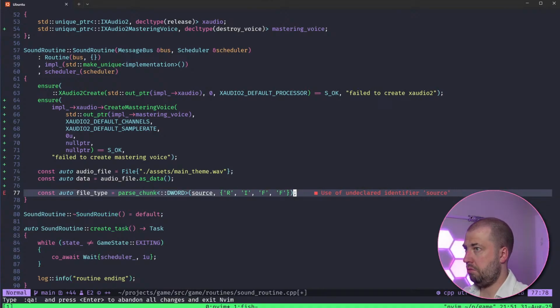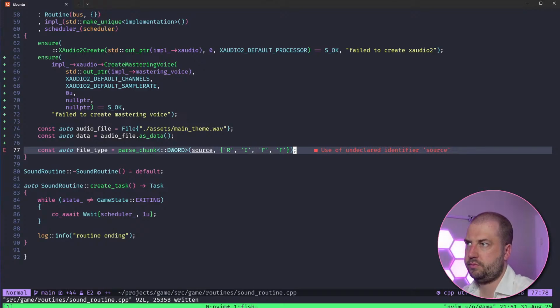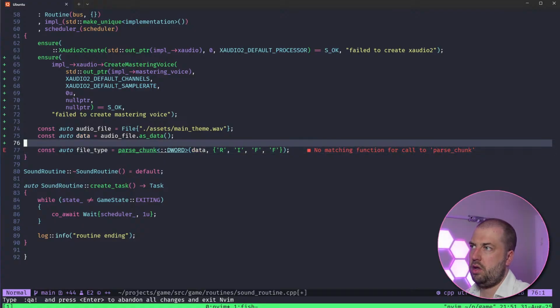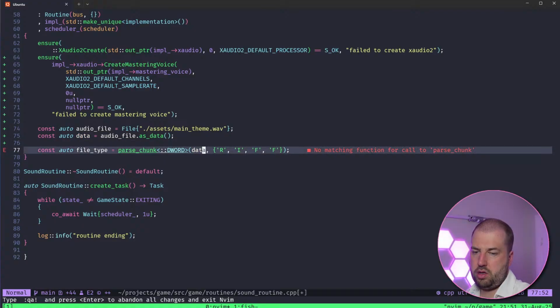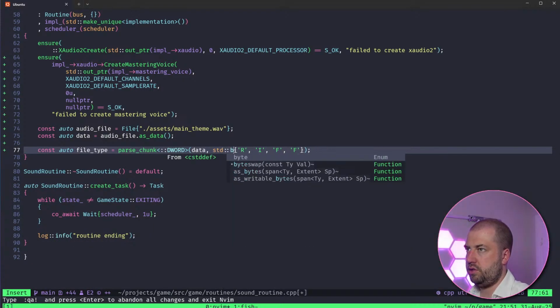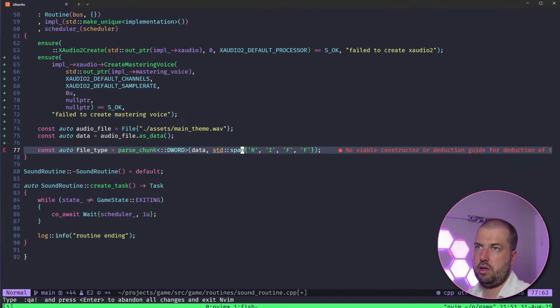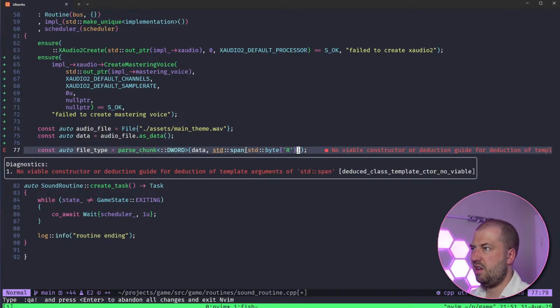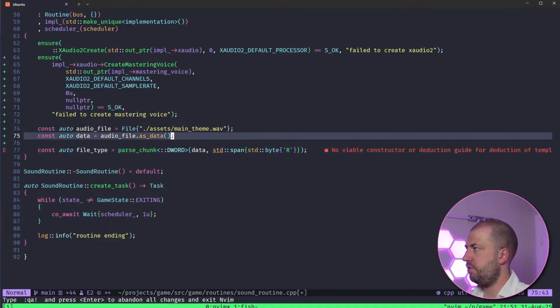Oh, okay. Or it's just choking at the first error. I suppose that's an initializer list, isn't it? So std::span. I've been through this before.